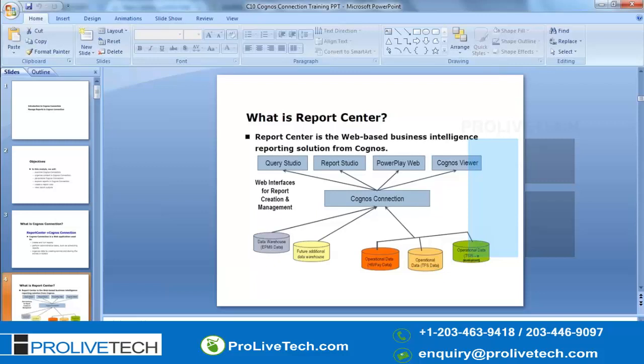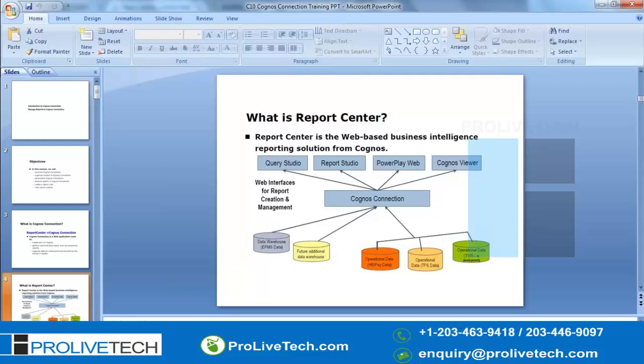And then you will publish that as a package to the Cognos connection. You just remember these terminologies, so once we go into the tool, then you will understand clearly. But for now, just remember this is the connectivity part, and you will import tables and columns, build a model and publish it as a package to the Cognos connection.